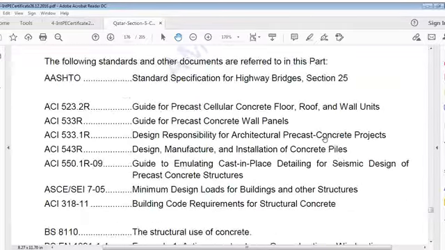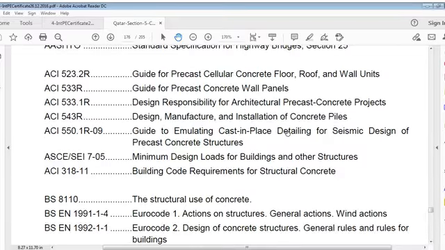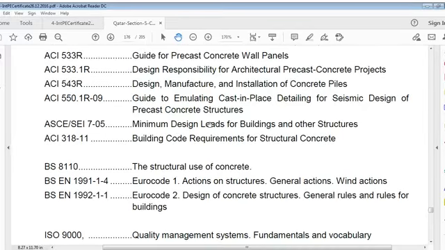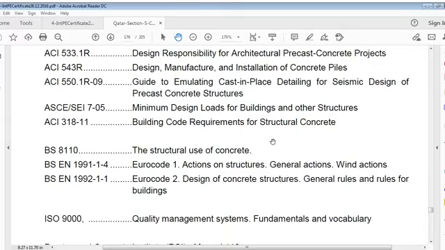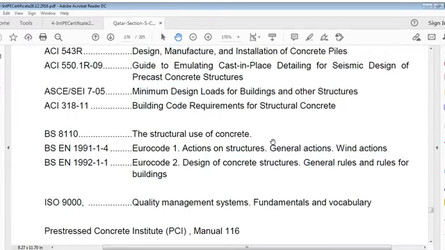weather concreting. References are to standard specification for highway bridges, Section 25, ACI 523.2R guide for precast cellular concrete floor, roof and wall unit, ACI 533R guide for precast concrete wall panels, ACI 533.1R design responsibility for architectural precast concrete projects, ACI 543 design, manufacture, installation of concrete piles, ACI 550.1R-09 guide to emulating cast in place detailing for seismic design of precast concrete structures, ASCE/SEI 7-05 minimum design loads of buildings and other structures, ACI 318-11 building code